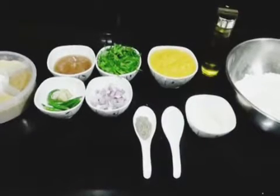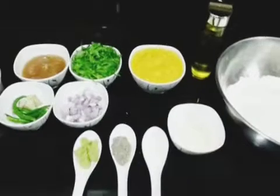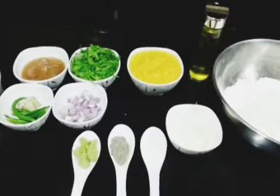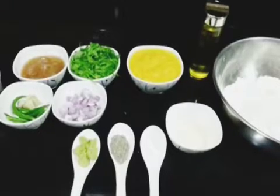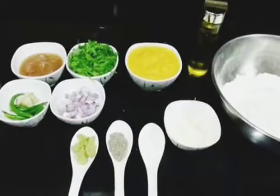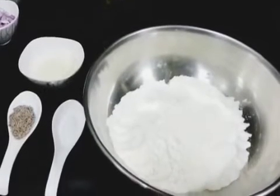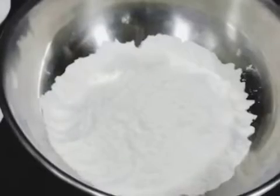Our today's recipe is Dal Pakwan. Dal Pakwan is a Sindhi recipe. They normally have it for their breakfast and it is very tasty. Also, it is very easy to make. So, let's get started. Okay, so firstly for the Pakwan, we will need 2 cups of all-purpose flour, 1 tablespoon